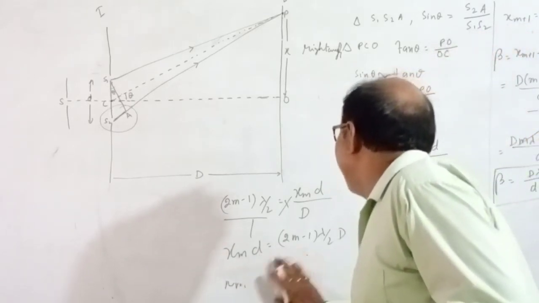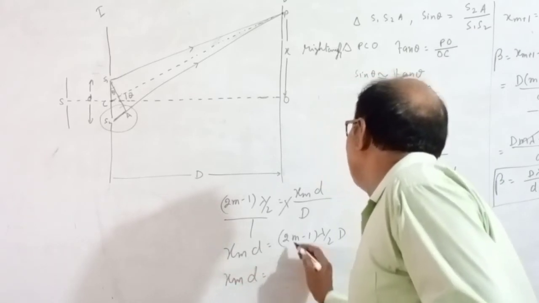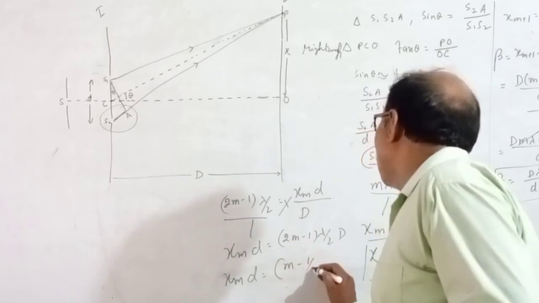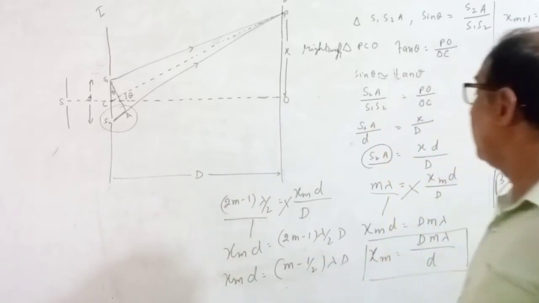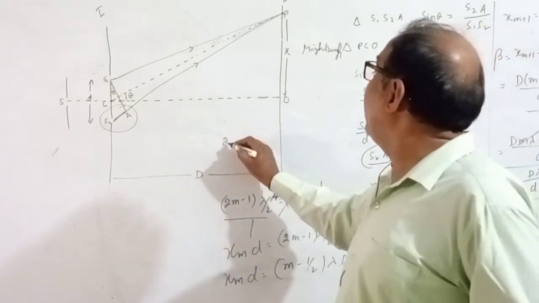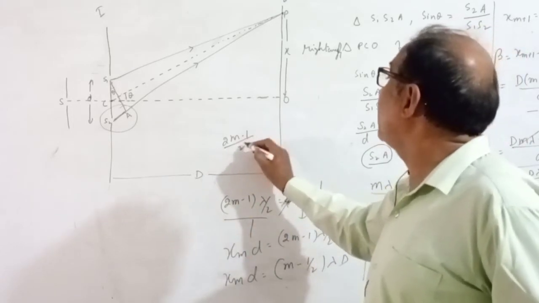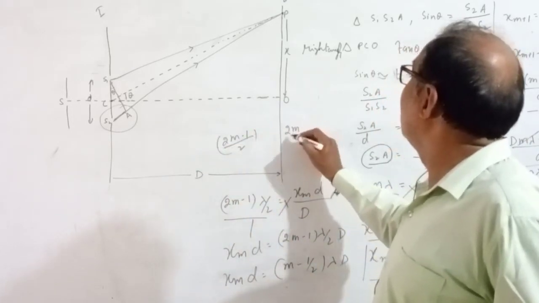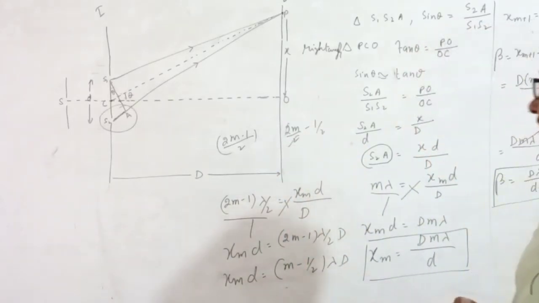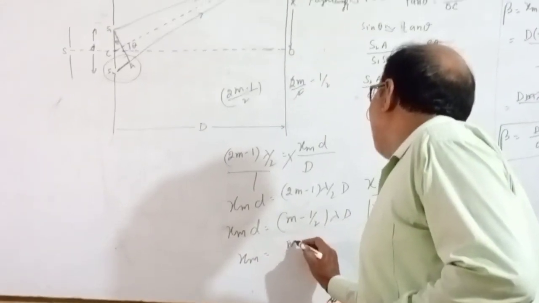If we take lambda by 2 inside, then (2m minus 1) halved gives 2m upon 2 minus half, the 2 cancels, so m minus half. So xm equals (m minus half) lambda D